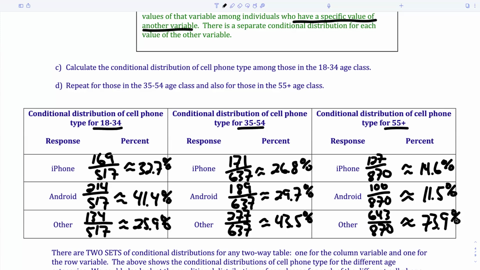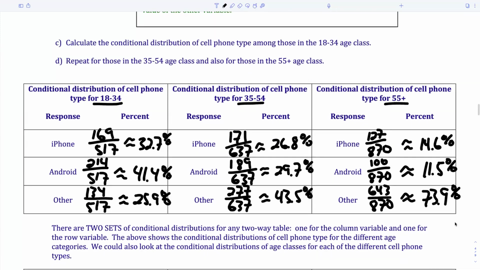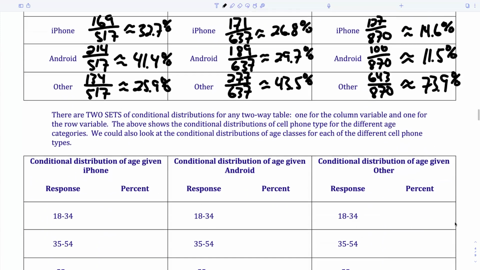Okay? Questions for me? Last thing here, okay, but we won't do this now, but I just wanted to introduce it. There are two sets of conditional distributions for any two-way table. There's one for the column and one for the row. So the conditional distribution of age, given that it is an iPhone, we're gonna be going across the table this time, but I'm going to leave that for next time and we will pick that back up here. Okay, so